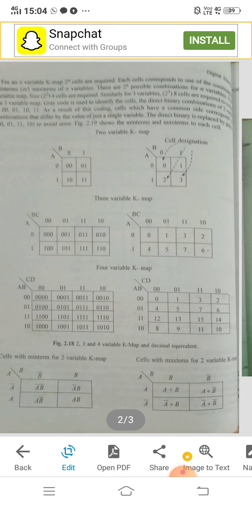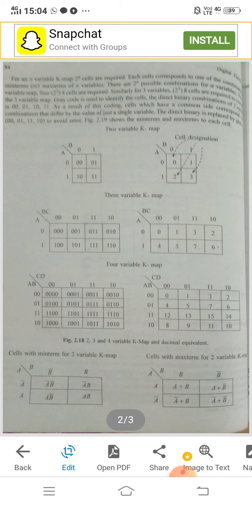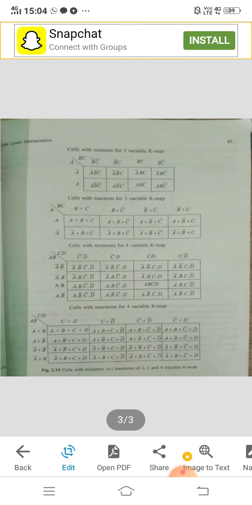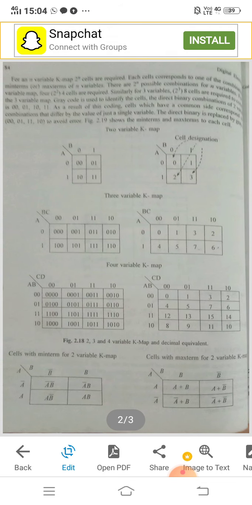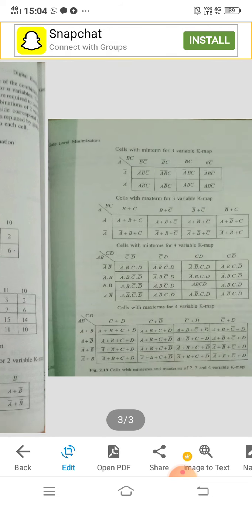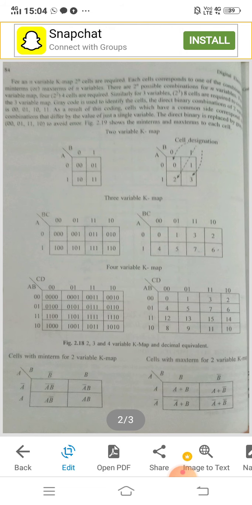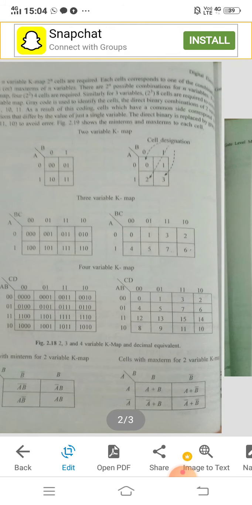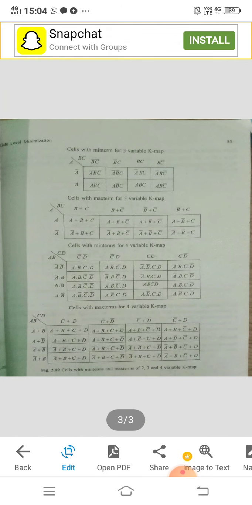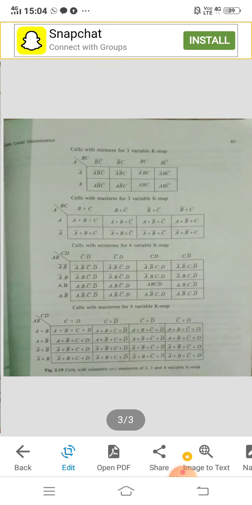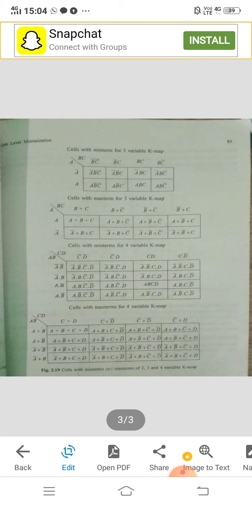Next, I will tell you the numericals using K-map, how to simplify them. So just learn the format, otherwise you will be unable to fill values and unable to solve the question. It is very easy, very interesting also. Just learn how to make the format, and finally we will discuss the numericals. Thank you for listening.